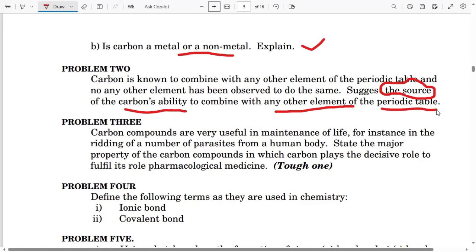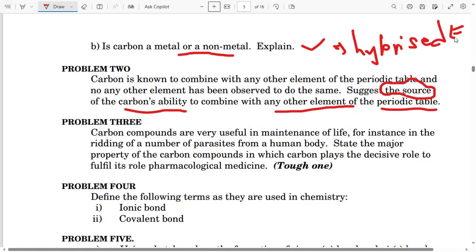Okay, so the source of carbon's ability to combine with any other element, you can simply say, is due to the stable hybridized orbitals that are formed when carbon is in its excited form. I hope you're able to understand this word hybridized. When we were learning atomic structure, before we came to this organic chemistry topic,